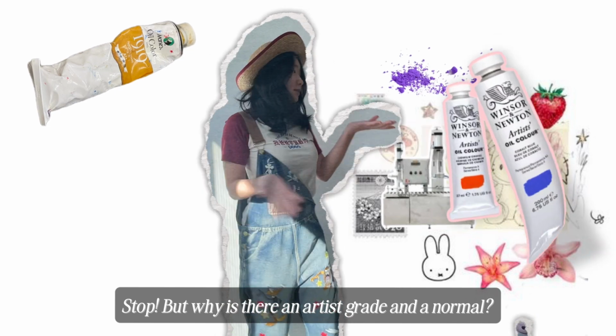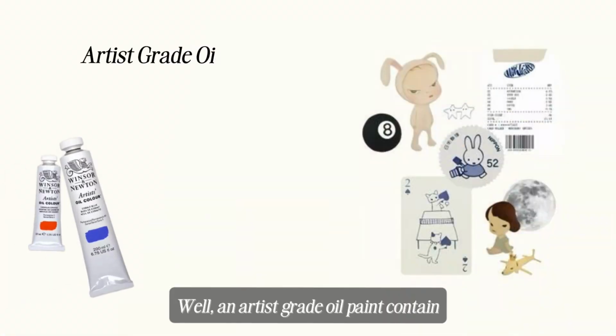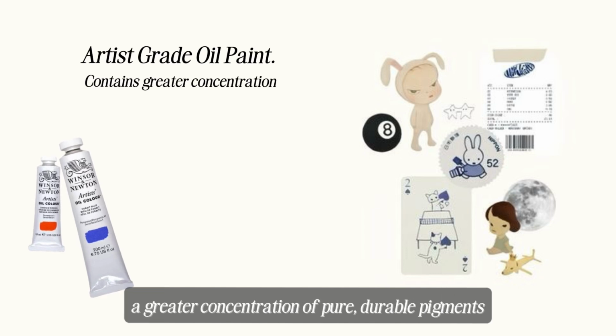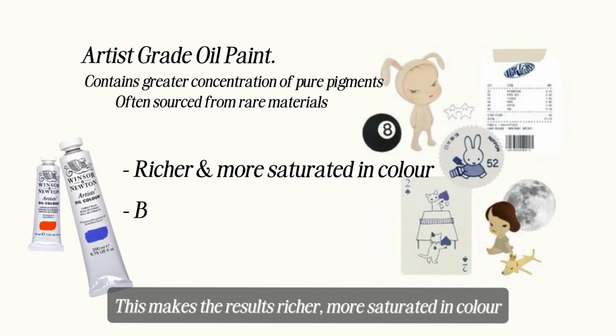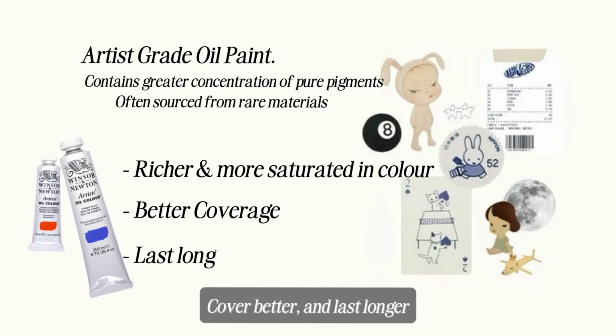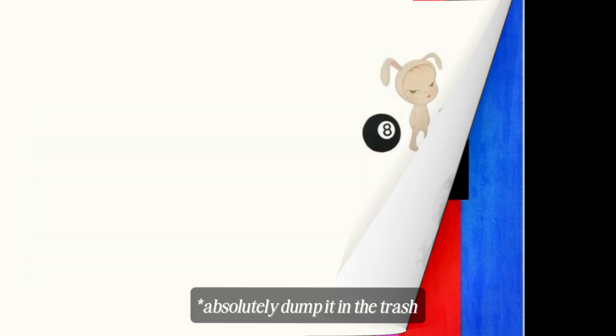Well, oil paint prices mainly depend on the quality of the pigment, the manufacturing process, and the brand's overall reputation. Stop. But why is there an artist grade and a normal? What's that? Well, an artist-grade oil paint contains greater concentration of pure durable pigment, and they're often sourced from rare or expensive materials. This makes the results richer, more saturated in color, cover better, and last longer. But that's not what we're here to talk about, so let's just...